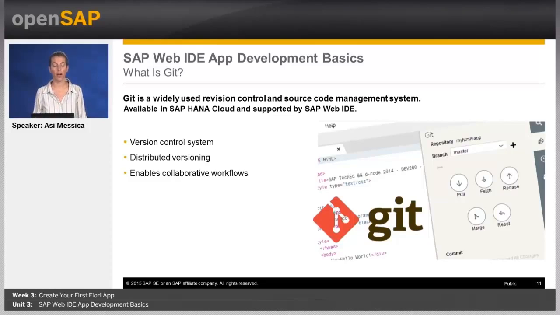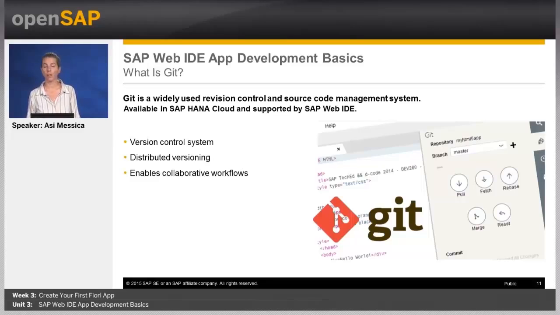Git is a widely used version control system, and one of the unique things about it is that it has distributed versioning. It means there is no central repository for the project, but each developer has a complete repository for the whole project and the whole project history,